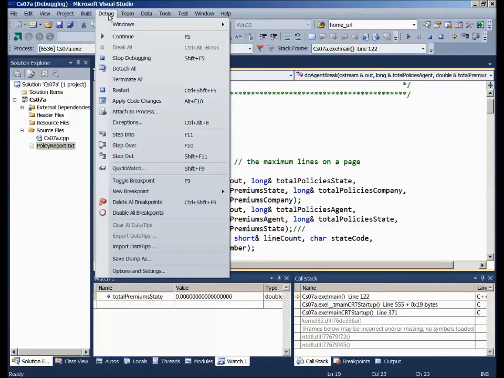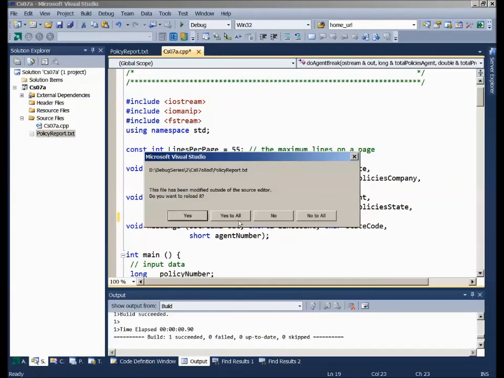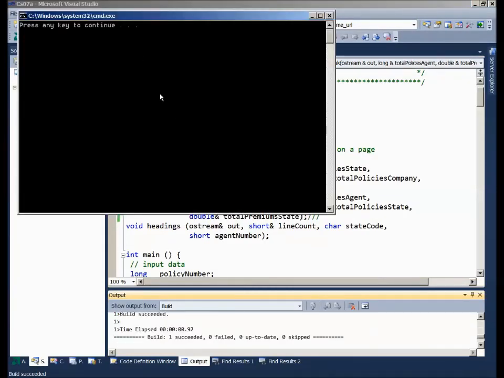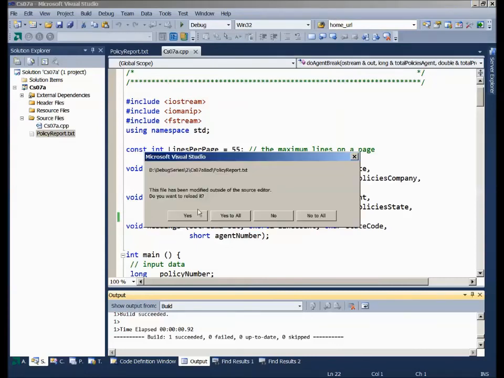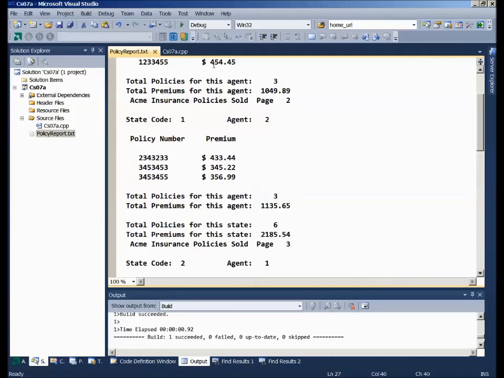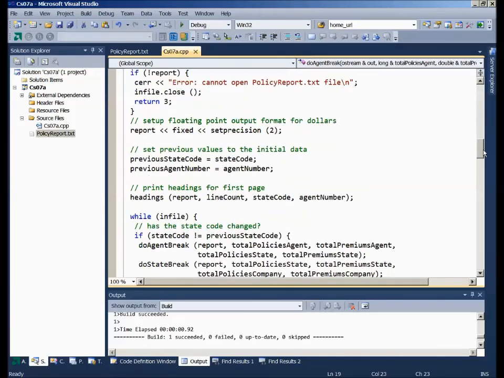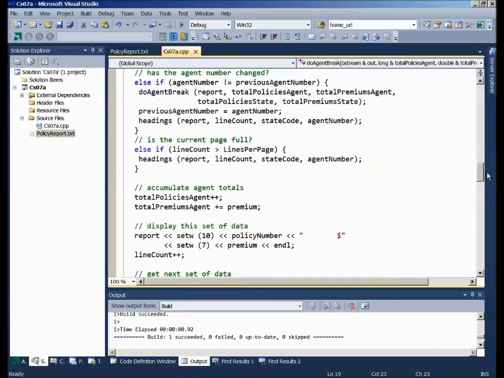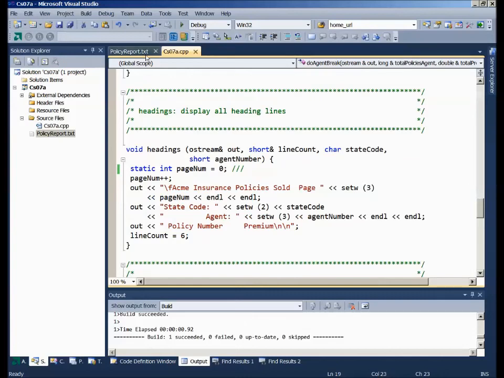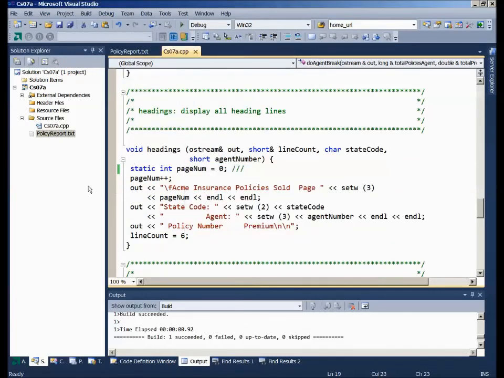Now, this time I'll stop debugging and turn it loose, and we'll see that finally our program is indeed done and working correctly. We look at our output, voila, we found the bugs. One other detail I'll show you for today. Let's go back into our headings module. First, let me delete all the breakpoints. Yes, and put one